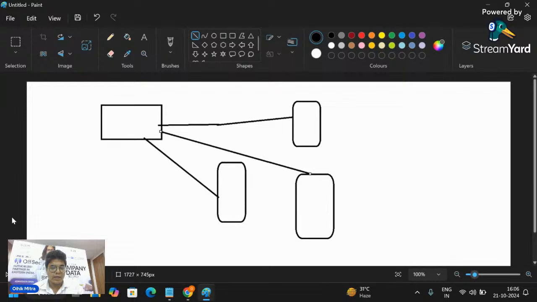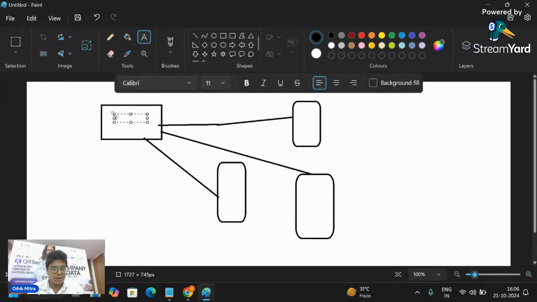Suppose this access point's name is demo 123. This is client device 1, this is CD1, this is CD2, and this is CD3.